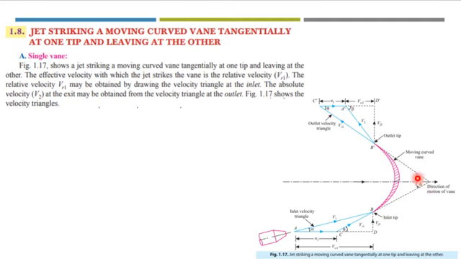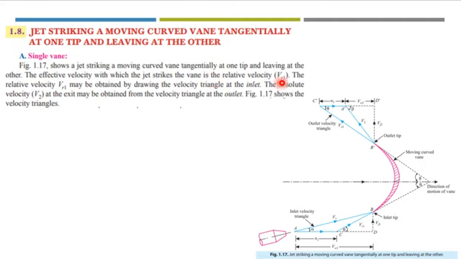These are the angles alpha and theta, and there are angle theta and phi because the plate is unsymmetrical. At the outlet tip you can see this is V2, this is VR2, this is VF2, then VW2 and U2, and the angles are beta and phi. This is the inlet velocity triangle and this is the outlet velocity triangle. I will explain what these triangles are and how they can be made.